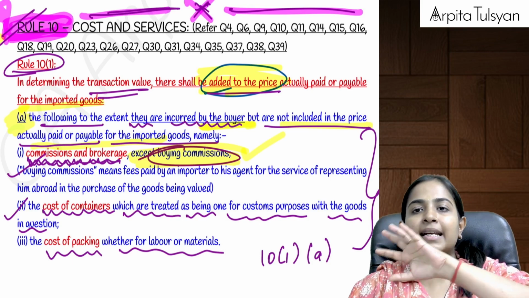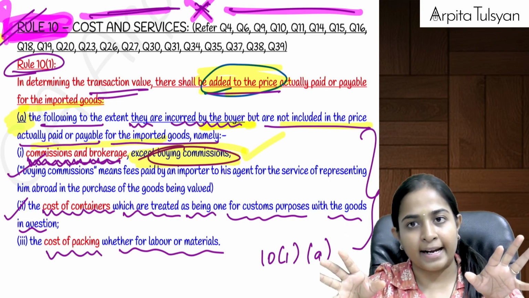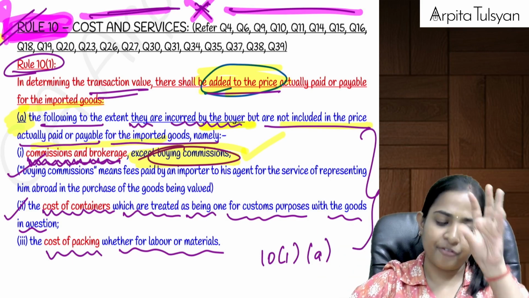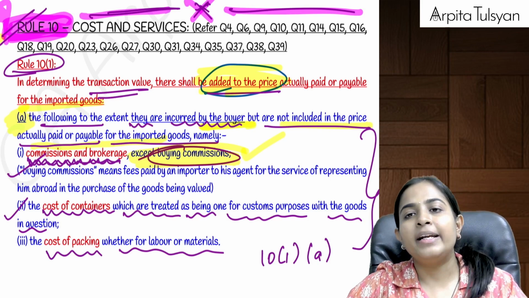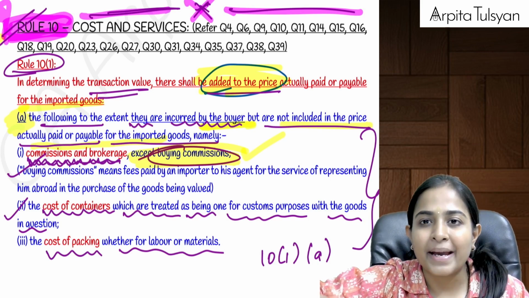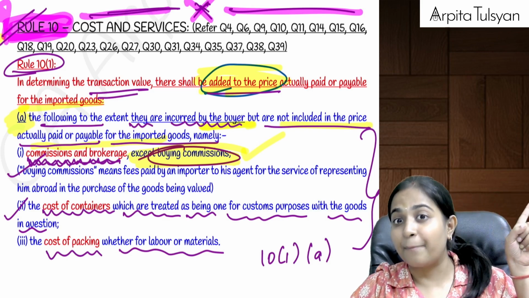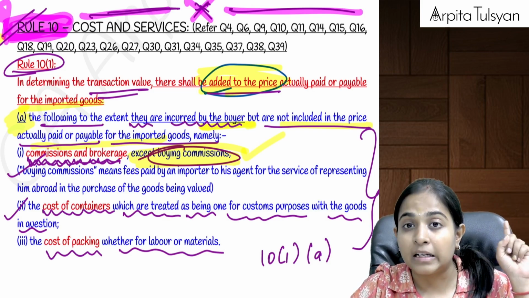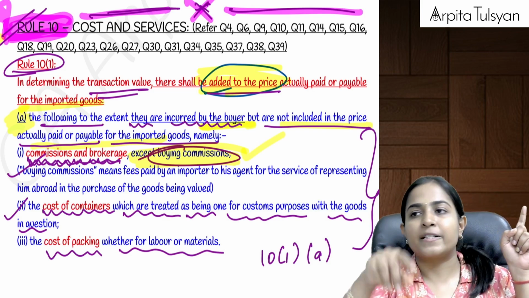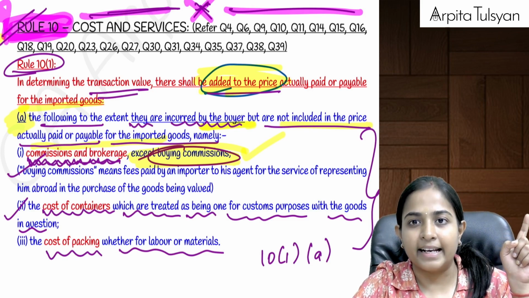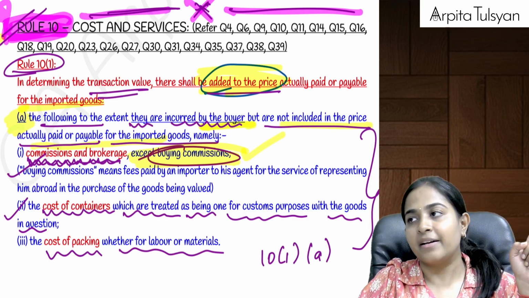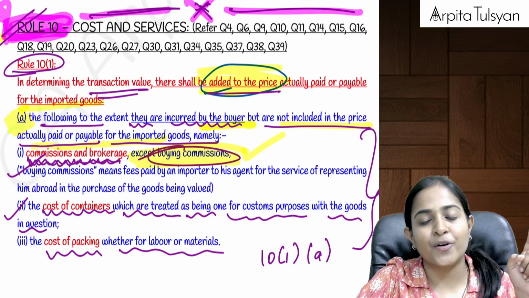Now adjustments are given in rule 10.1 and rule number 10.2. Let's keep 10.2 aside. First let's do rule number 10.1. In rule number 10.1 they are telling that there are some expenses or some items which are actually the liability of the supplier, the one who is sitting in the other country. It is his liability, but those expenses are paid by the buyer here in India. If it is paid by the buyer, then that has to be added for the purpose of customs valuation,